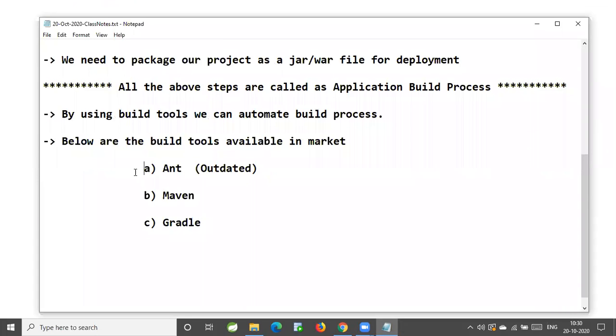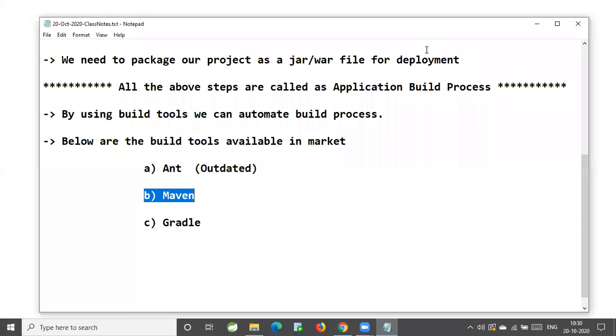I'm not going to discuss Ant. That was the build tool long back that got outdated. We are going to talk about Maven currently. Once Maven is completed, we'll start with another tool. Gradle will take a one-weekend workshop. Currently, Gradle is not required immediately for us to develop our applications. First, we are learning one build tool, that is Maven. Once we are perfect with Maven, then we are going to learn other tools also. From the build tools, I'm covering Maven and Gradle. Gradle I will take in a one-weekend workshop. Got it? Immediately, it is not required for us.